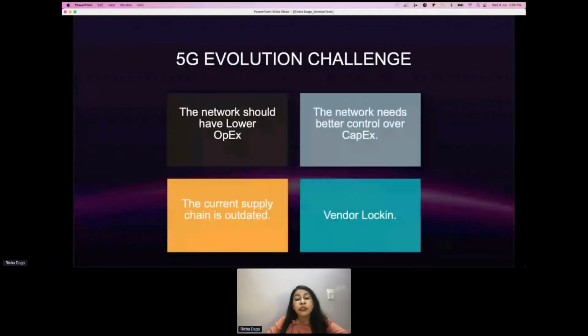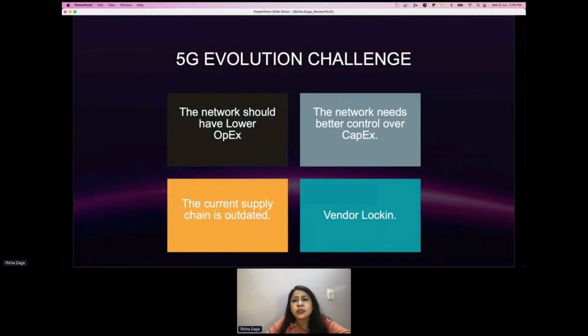So if we have been talking about network modernization, why? The question always is, if we want to understand anything, we should always go into the depth of why is it required? It is required because obviously there would have been some challenges in evolving to 5G. The promise of 5G is of a system integrating with the new radio interface that is defined for a broad variety of use cases. So the network has to offer lower operational expenses, that is OPEX, and better control over CAPEX costs throughout the mobile supply chain.